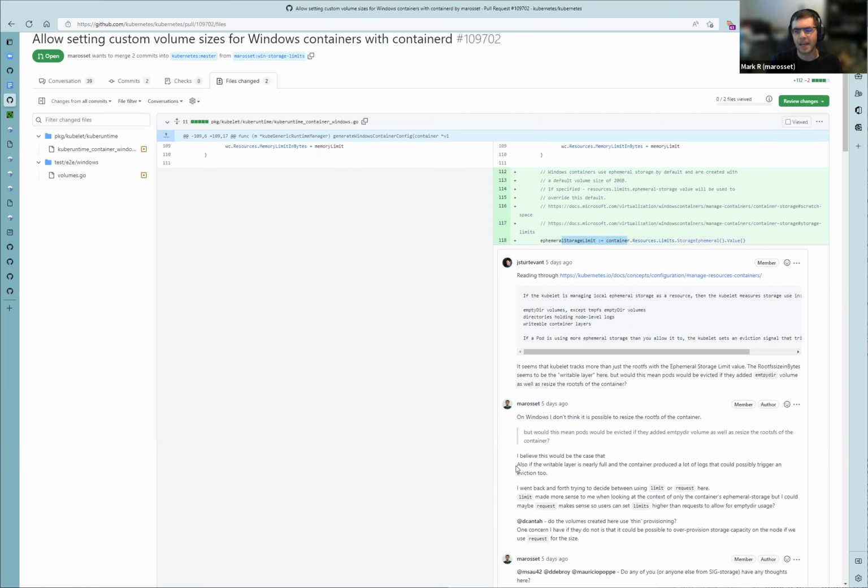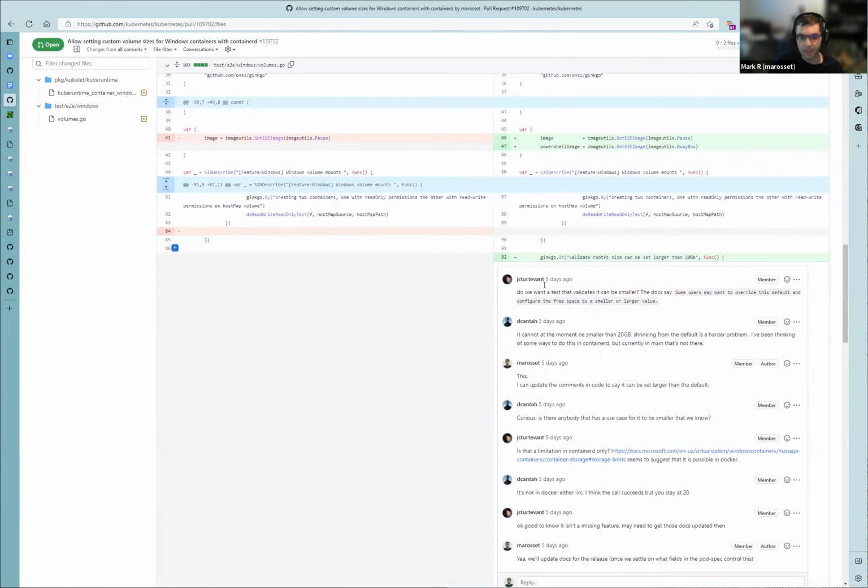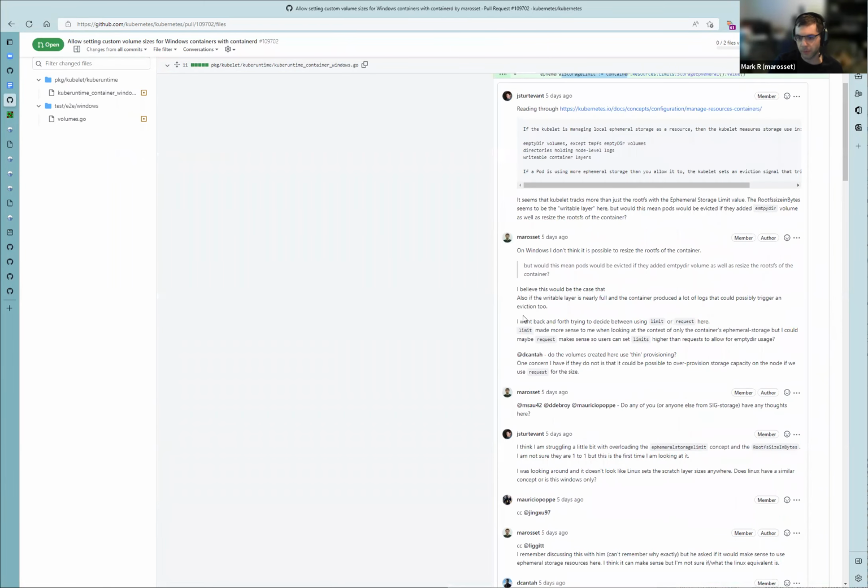With the caveat that there's a minimum size requirement of 20 gigs, and that's in the OS. So you could set it higher, but not lower. To me, especially reading the docs of ephemeral storage, it seemed like a nice parallel for Windows, since that does set how much space is available for that container to use.